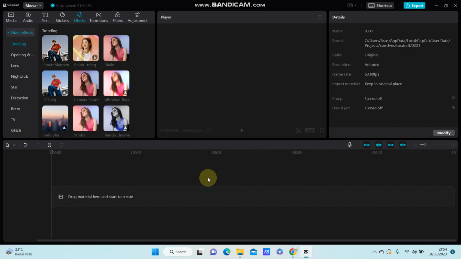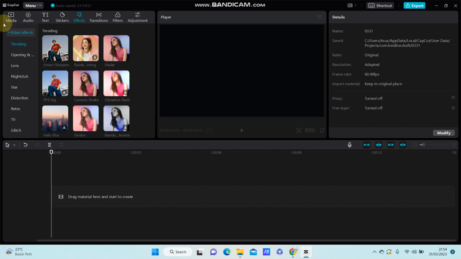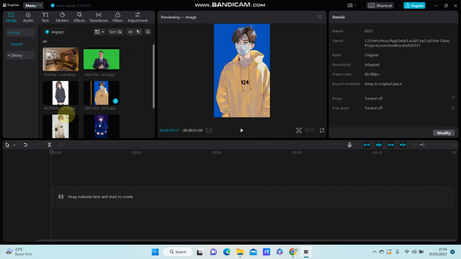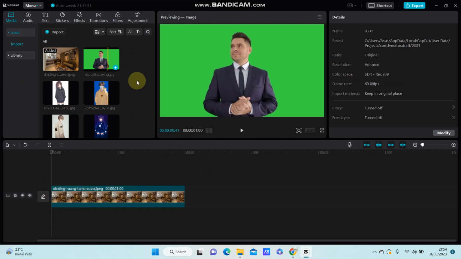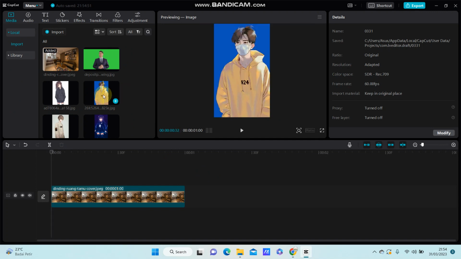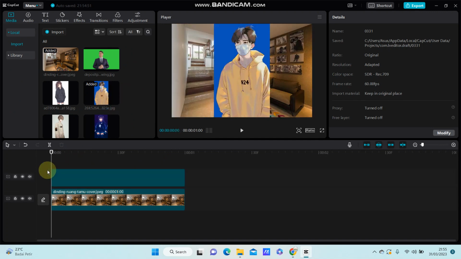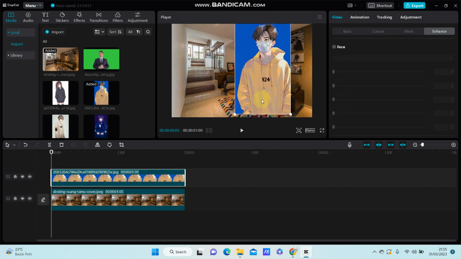Hi guys, in this video I'm going to show you how you can add a place effect to an overlay only in CapCut PC. So I'm going to add the image to the main track and I'm going to select the overlay, so put on top another clip, and I'm going to